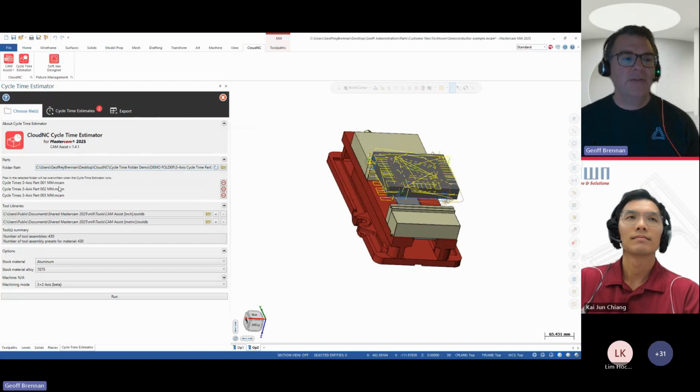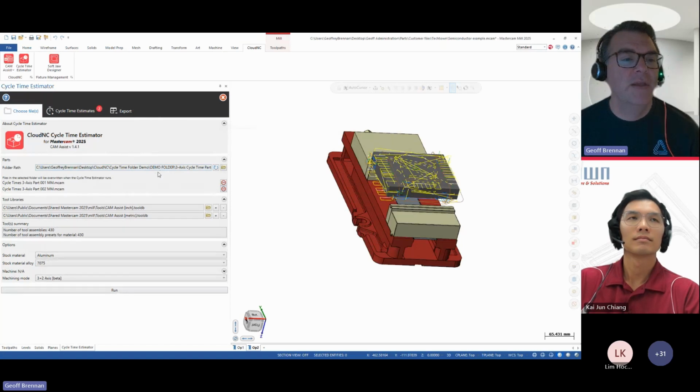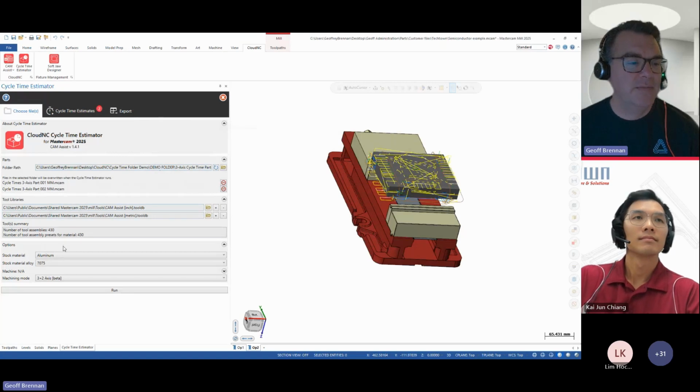And so that folder has Mastercam files that have the stock and the machine groups defined, but no toolpaths applied to them yet. In the case of the demo here, I'll just take one of them off. But I can have those sort of in the queue. I can have my tool libraries configured like I had already.